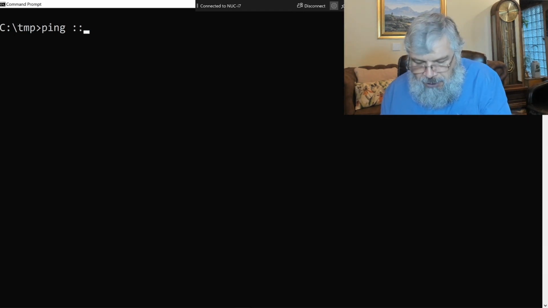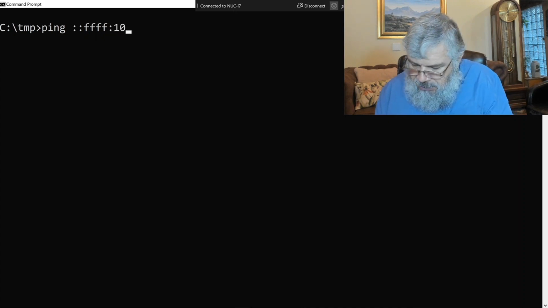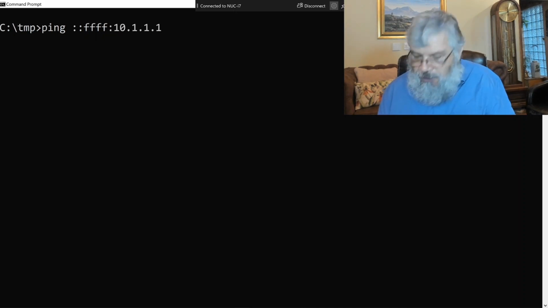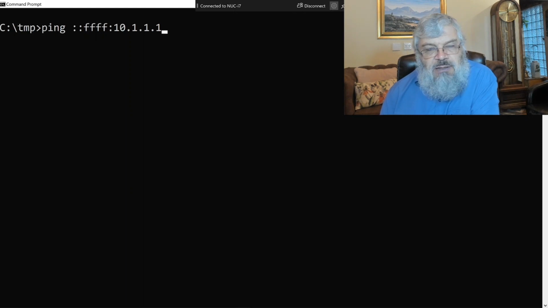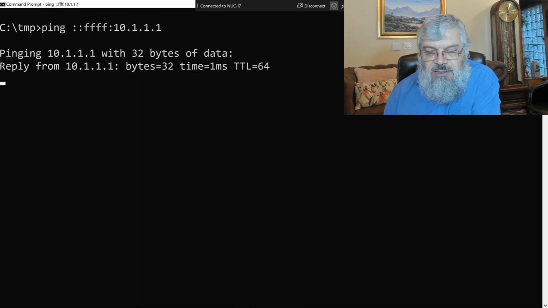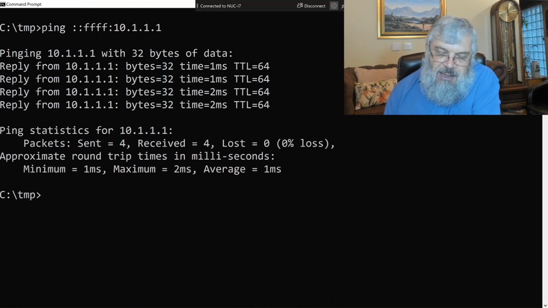So colon colon FFFF colon 10.1.1.1. Clearly that is a lot of zeros, followed by this FFFF marker, followed by a dotted decimal notation address, and I am getting my responses back as I would have expected.